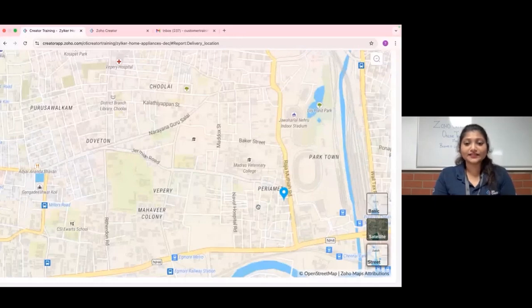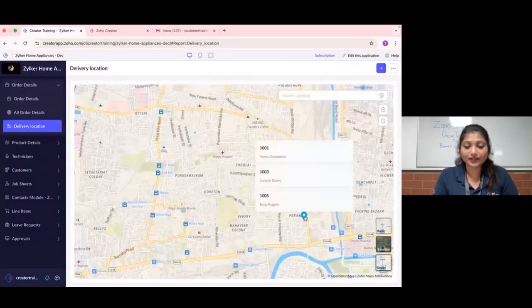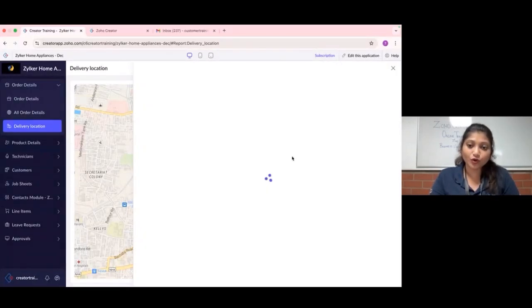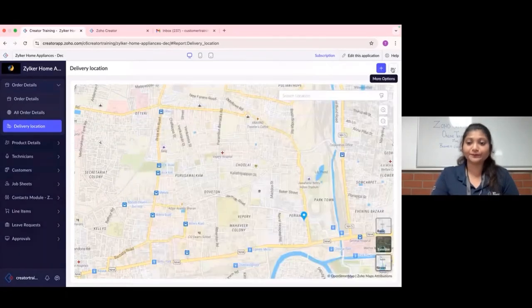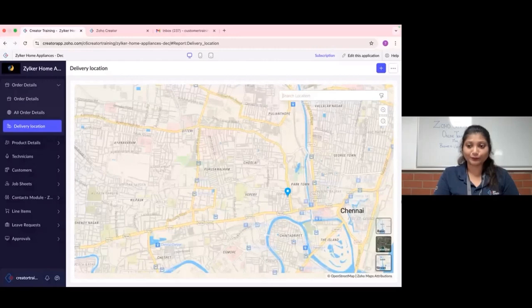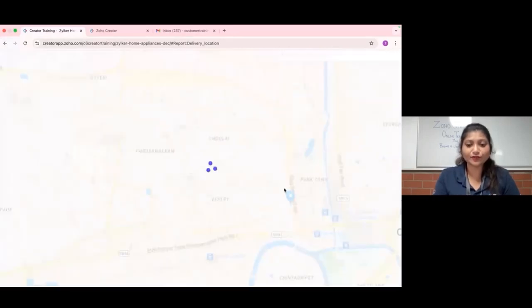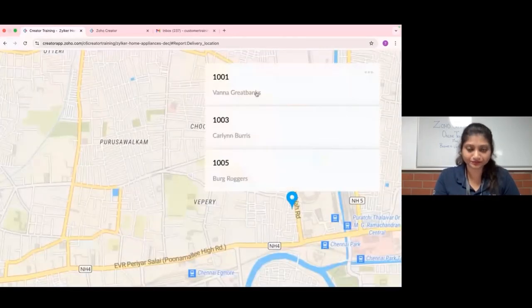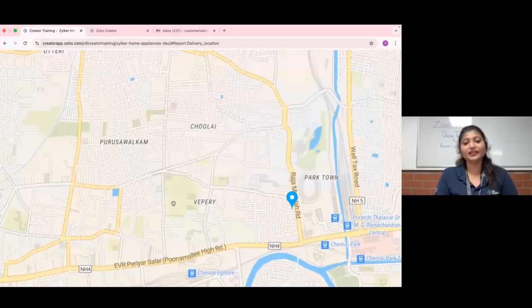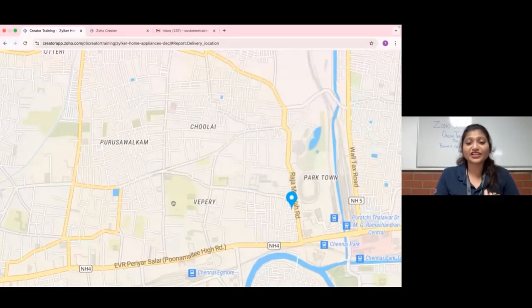Right now here you can see the pin. All these three customers are in the same location. I can click on them and view all this information one by one, right? I can search for a specific location, and zoom in and zoom out. All that is possible with the help of the map report. So it's very easy for me to view the customer's location on the map.